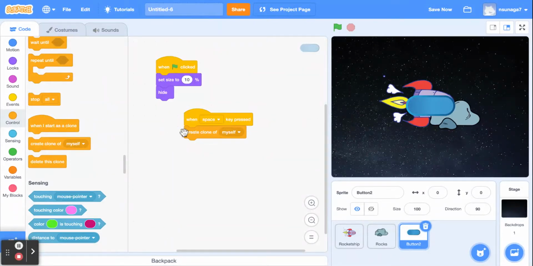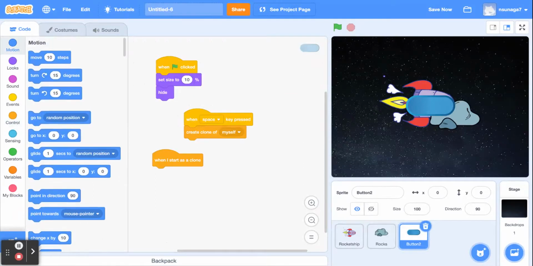Okay. Now, once you create a clone, we're going to use this code here when it says when I start as a clone. So drag this, and we're going to tell this to go to a very specific location. So go to motion, and you're going to go to X and Y. So the X position is going to be -160. So we want it to start on the very left. And the Y position is going to be the Y position of this rocket ship. So to do that,